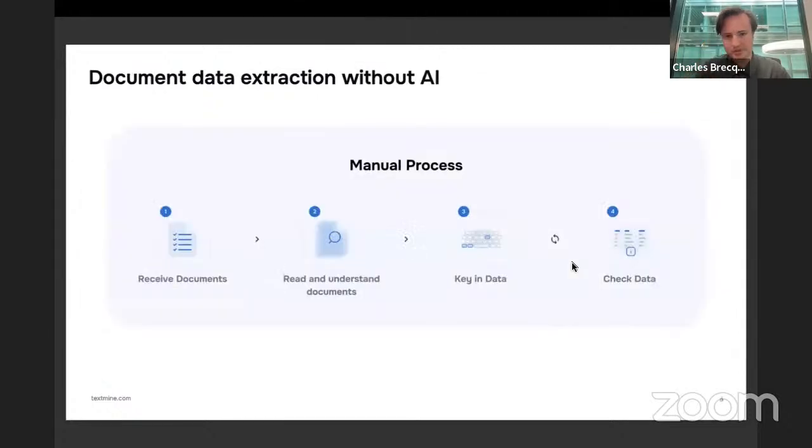So in terms of the use case around document data extraction, one reason why it's difficult to automate is because documents contain unstructured text, which means that if you are looking to pull out key information, somebody who is knowledgeable of the document or the industry needs to be able to read it, locate where that information is stored, key it into a spreadsheet or an ERP system, and then maybe check if that data is correct, which is very time consuming, and obviously much more prone to error when documents are complex, long, or there's quite a broad range of data points being tracked, or questions that need to be answered about the document.